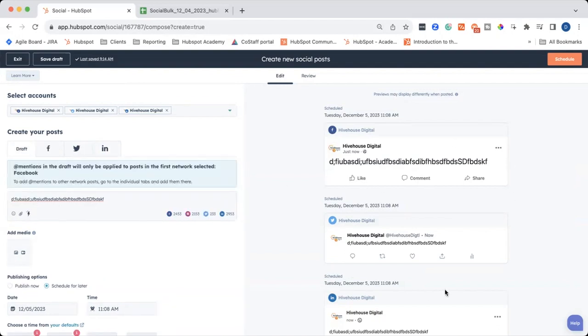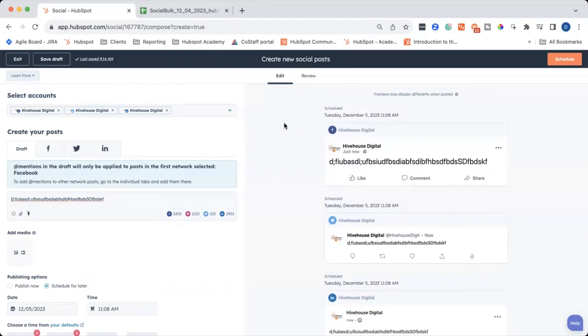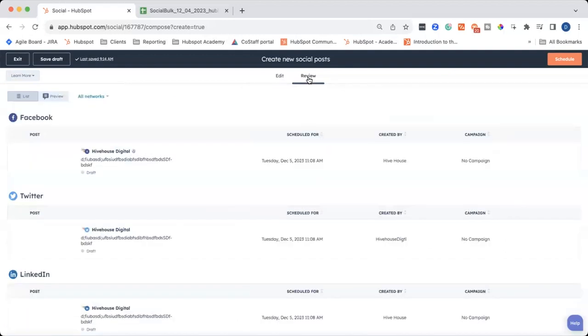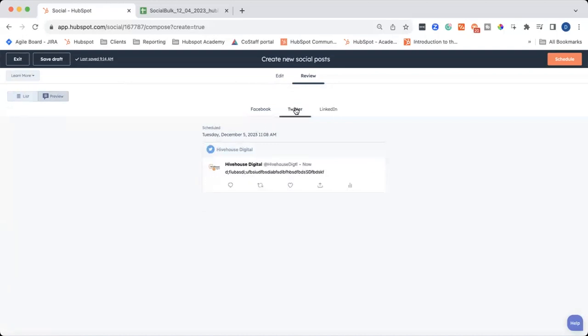Now over here on the right, you can see a preview of the post, one for each of the different platforms. And then you can click on review, and this just gives you another way to review the post. You can see the post, when it's scheduled for, who it was created by, and the campaign if you have one. You have the list view here, but you also have the preview button. So it looks similar to the previous page, but it is an option,